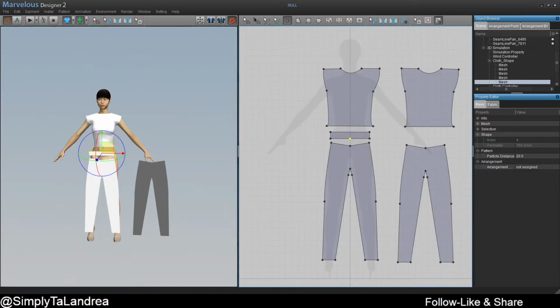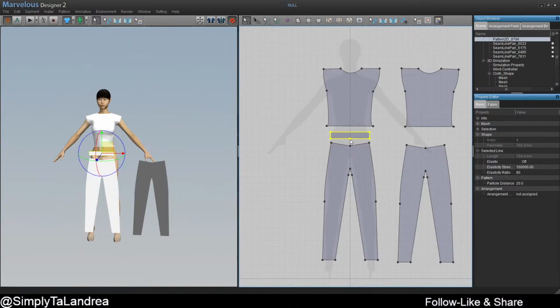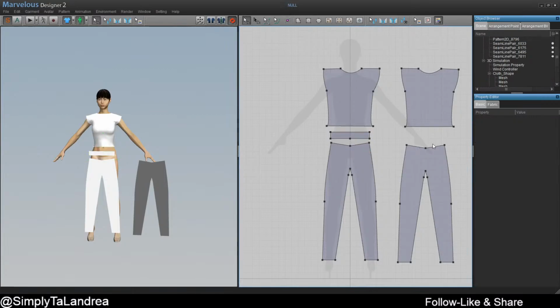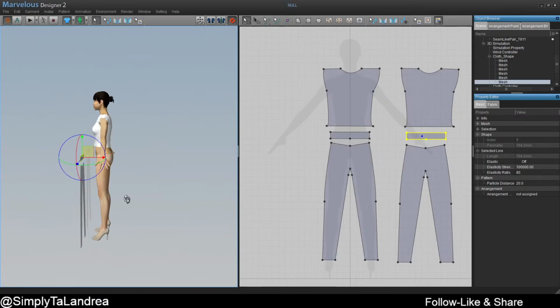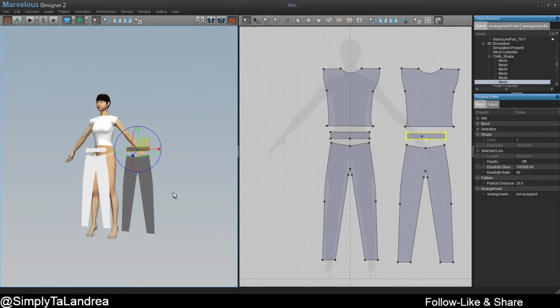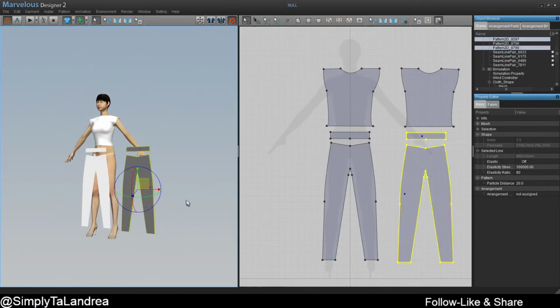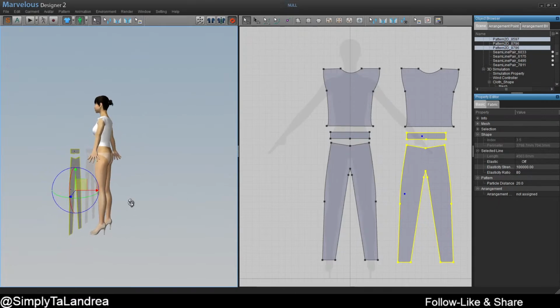So when we get ready to sew, we are sewing even lines. We can sew the entire band across. Now I'm going to copy this, paste it. Alright, and I'm going to right click and flip horizontally. Now I'm going to move this band, shift, grab the pants, and move it to her back